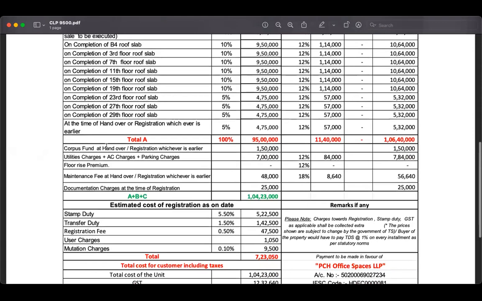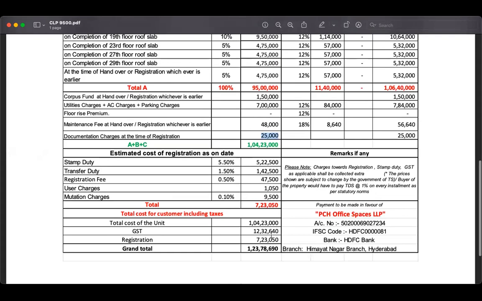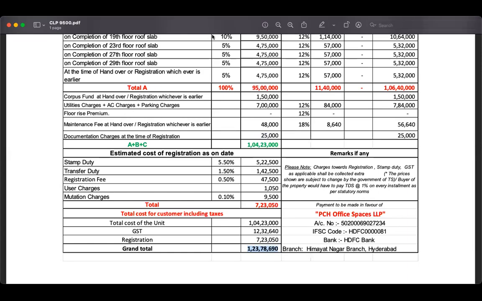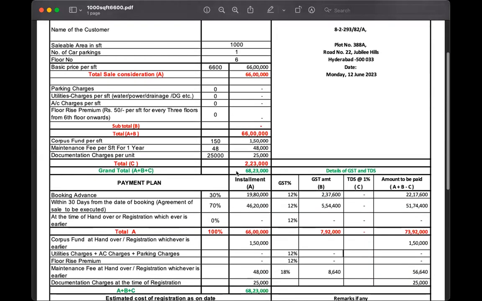After that, the corpus is 1.5 lakh, and utility charges and parking charges are similar to any apartment. Maintenance charges are one time, plus documentation. GST is 18%, which comes to around 120. And if you take 6,600 as the base price, assuming we can make it decent, then the down payment